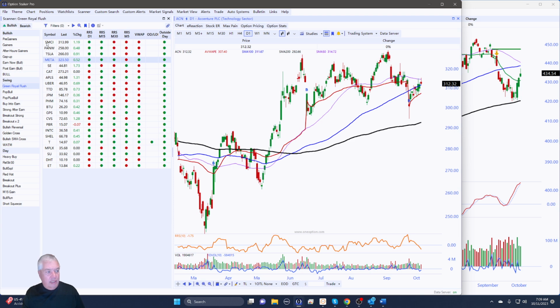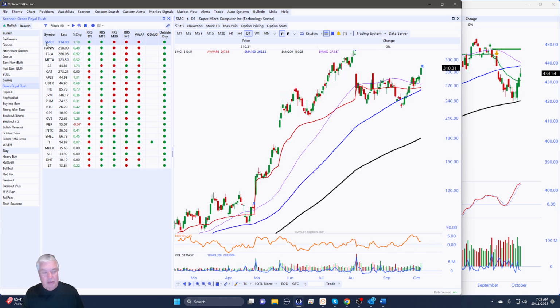So let's take a look and see what we've got here. I'm just going to go through one of my searches. This is one of my favorite searches for swing trading. It's called Green Royal Flush. Now, all of these stocks are on a buy signal across all time frames. So let's take a look at the first stock on the list, and that is